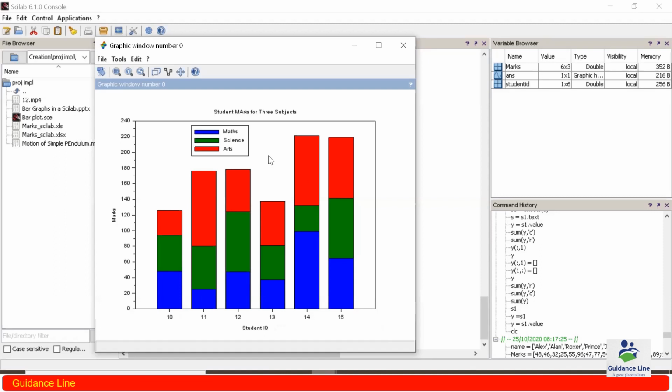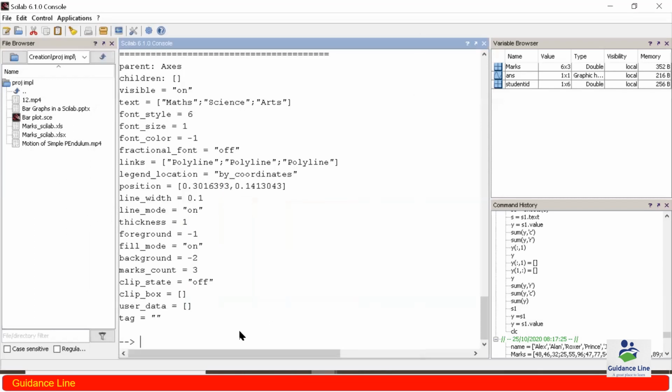So before we actually write the name of a student over here, first we have to create a handle for a graph. That I can do by making use of the gca command. Let us suppose I have one variable a and I am simply writing gca. So gca represents get current axes.